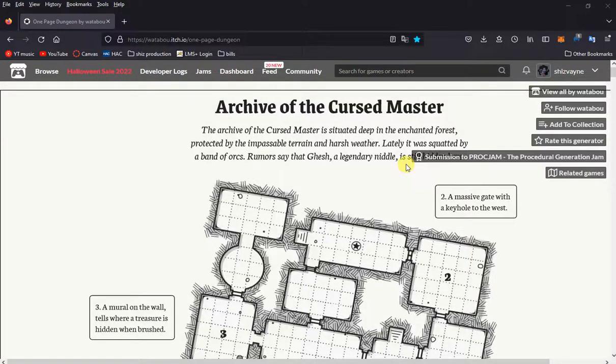Hey guys, it's Shiz. Today I'm going to show you how to create a dungeon map and make it 3D and bring it into Bakin. Okay,